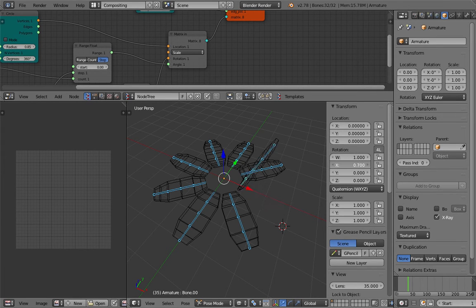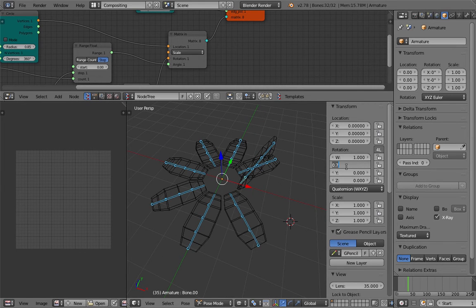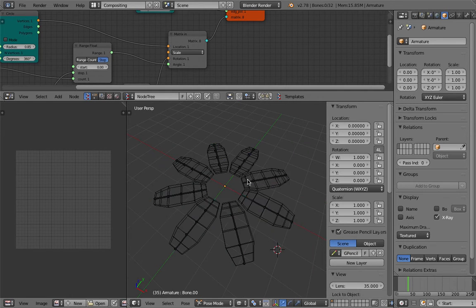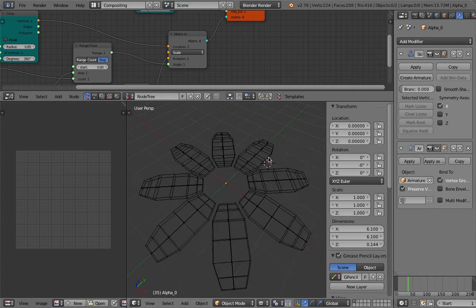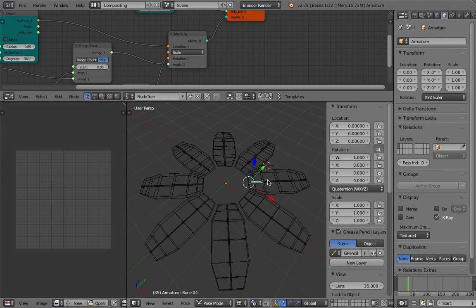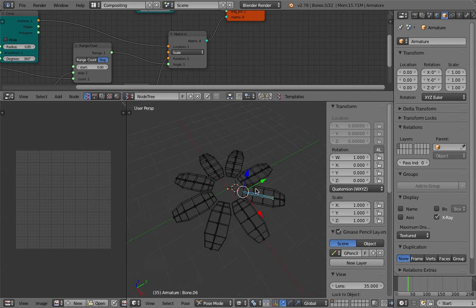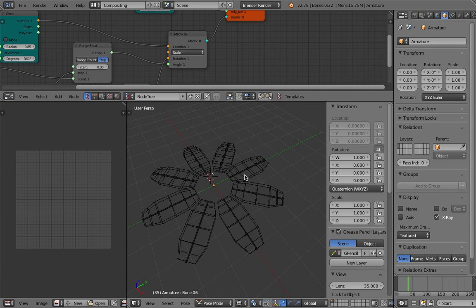Maybe they use drivers and the rigger sets up each bone. If they wanna rotate all the bones at the same time in software like Maya, you select this guy and rotate all at the same time. Not in Blender. I think I need a way to figure that out. But